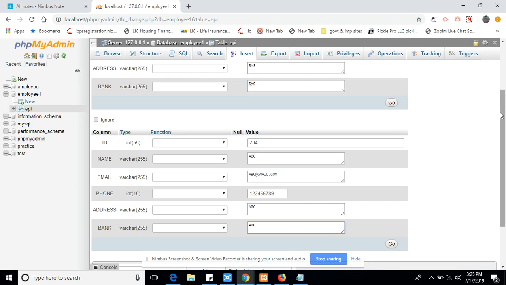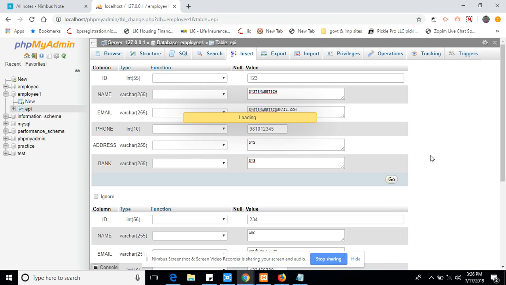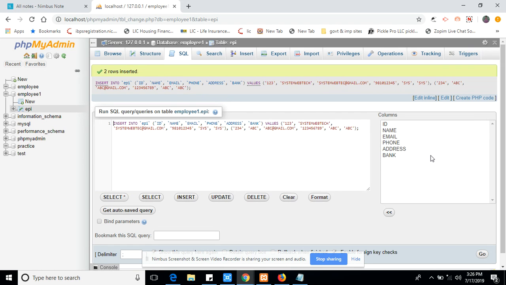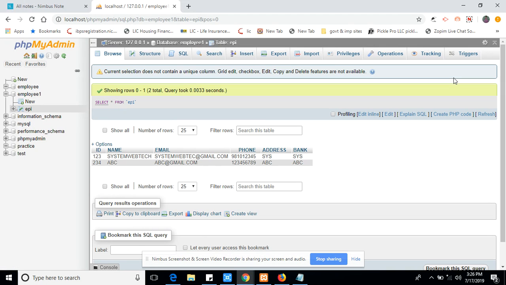Let's create it. So here is the structure, and here are the details. These are the two rows which we inserted in the table: ID, name, email ID, phone, address, and bank details of an employee. Now let's create one more table,